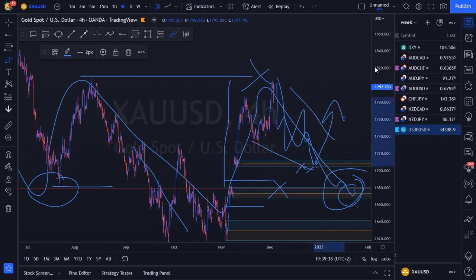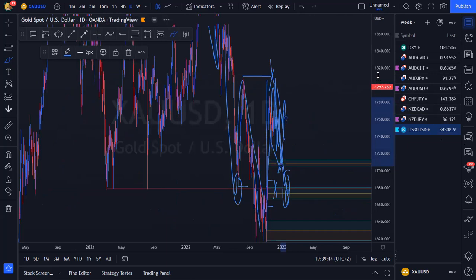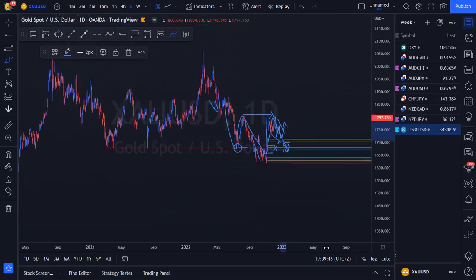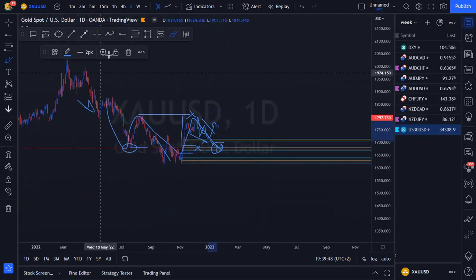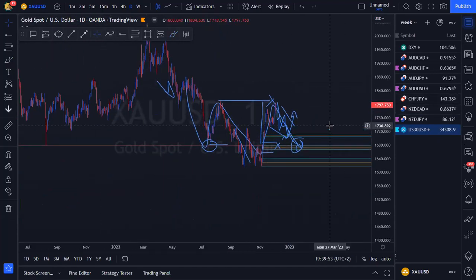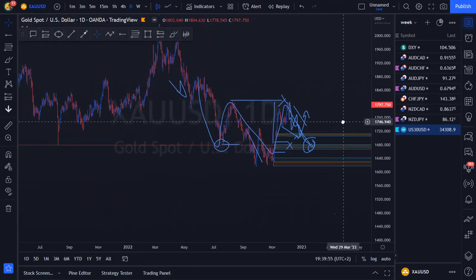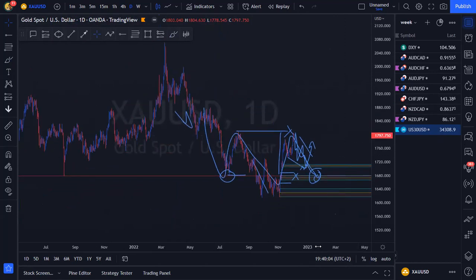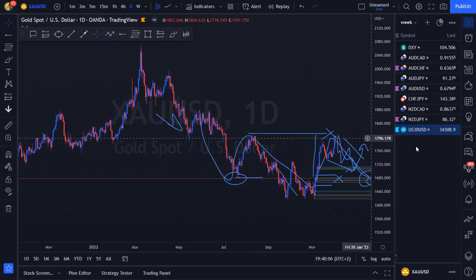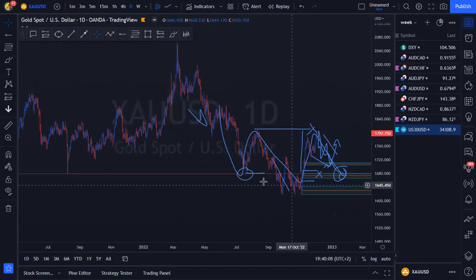Guys, I wanted to be very quick because we've got like 2 minutes left, and I did want to do the analysis and still only stay relevant to higher time frames, because I don't trade gold, and I always find that sticking to the higher time frames will give you the best probabilities. It doesn't matter what pairs you're trading, because higher time frames always give the most relevant information. We're using support and resistance, and support and resistance on a higher time frame will follow through much more than support and resistance on a 1 minute. Otherwise, let me just show you why I was saying that gold looks like a level of structure.